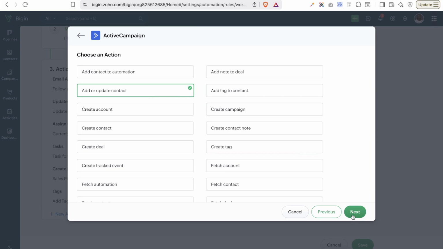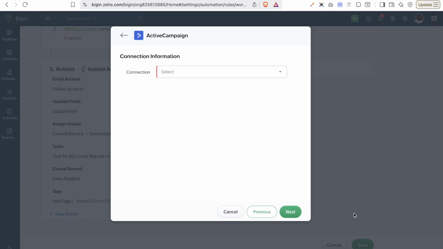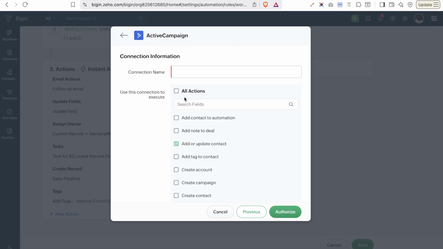So when you are done with picking the action, you click on next, and it is going to ask you to pick in a connection. That means you must have connected Active Campaign into your Zoho Flow account already. But if you have not, then you can click on a new connection, and it is going to ask you for your connection name. So you can just name this Active Campaign,